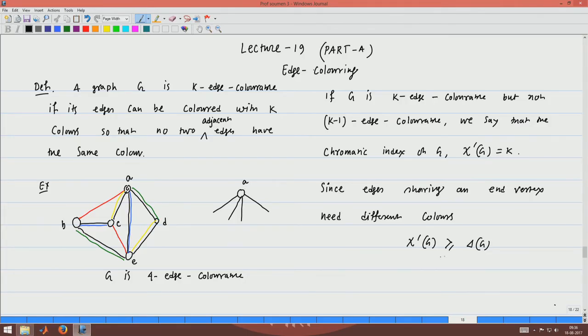So, this is a lower bound for the chromatic index, and here we can see that we can color G with 4 colors, which is the lower bound. That is why the graph G has chromatic index 4. I hope that this is clear to you.